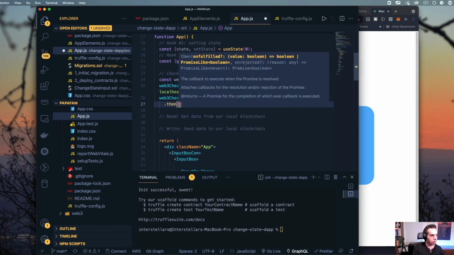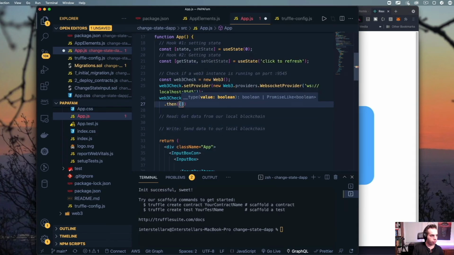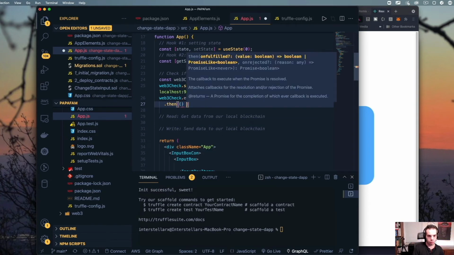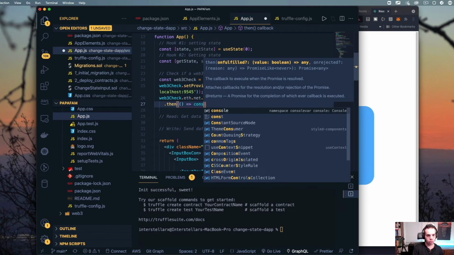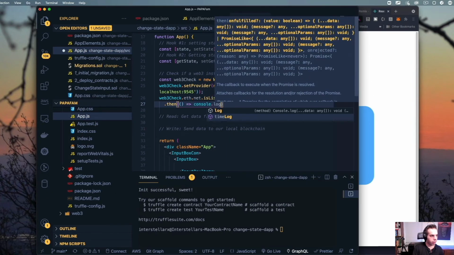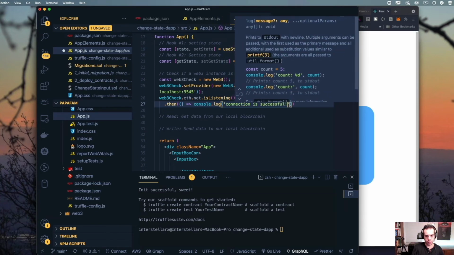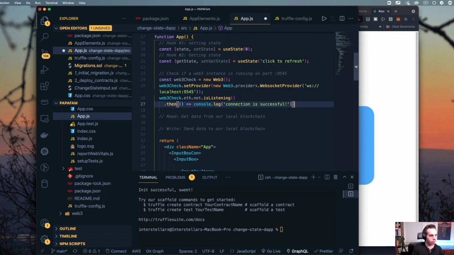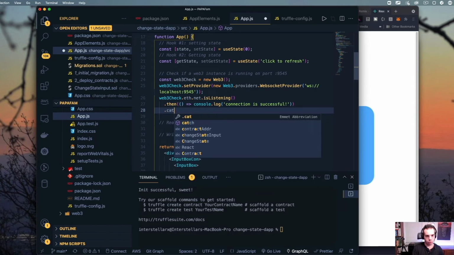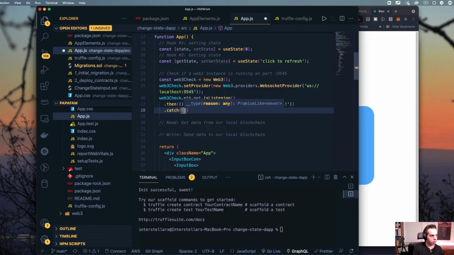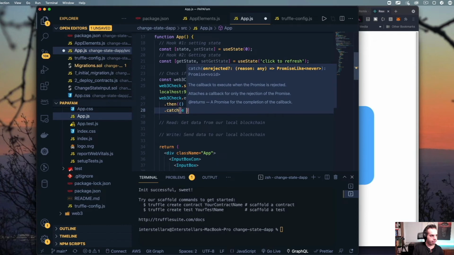So basically, if this is running, then console log connection is successful. Otherwise, we're going to do a catch. We're going to pass in an event.